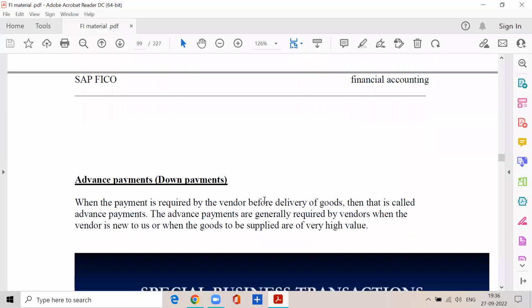So today we start the advance payments. These advance payments are also called down payments. Normally, the business process relating to purchases is first we place the order with the vendor, the vendor delivers the goods,